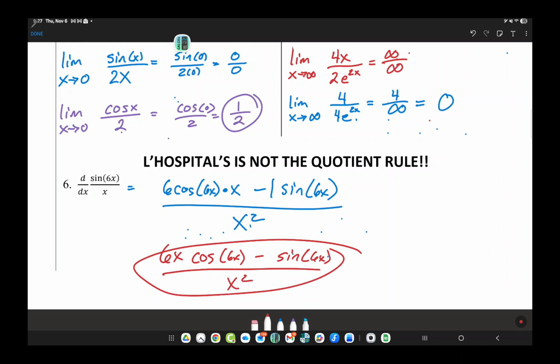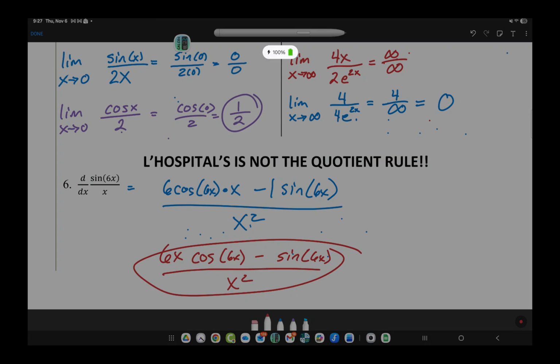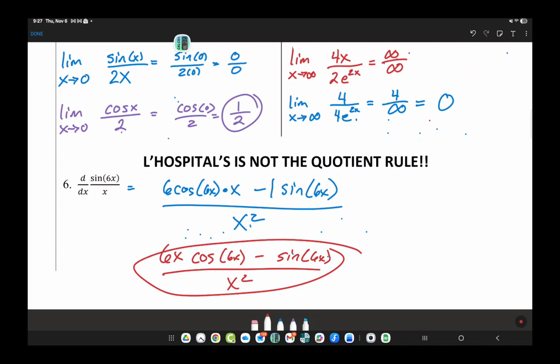Basically, I'm just trying to make sure you remember the difference between when you can use L'Hopital's rule and when you have to use quotient rule. Do not mix the two up. And that is it for Unit 4. So tomorrow we will have a review. And then